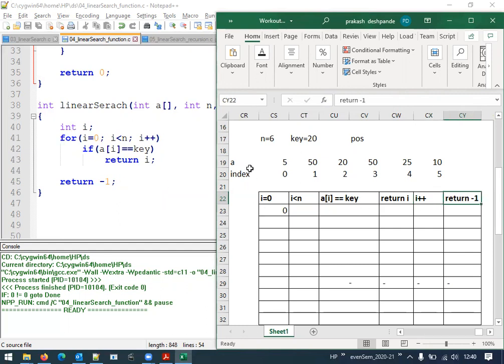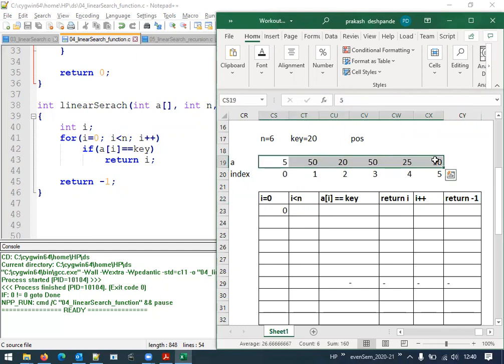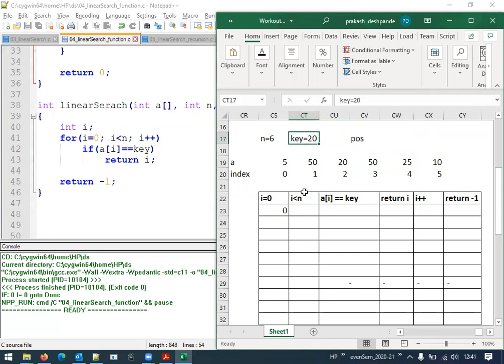Now let us try to trace with these set of values, where the 6 elements are 5, 50, 20, 50, 25, and 10, and the respective index values. And the key element which we are going to search here is 20. Now, for the first iteration, i becomes 0, because it is initialized with the 0 value. Then 0 less than 6, condition is true, it will enter into the for loop.